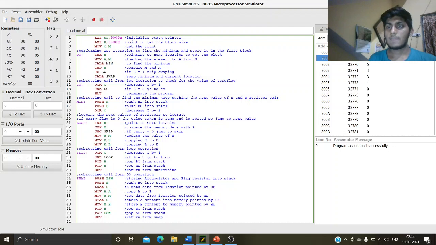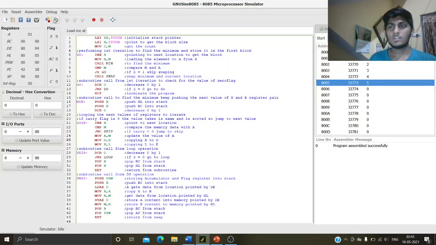I will be storing it in the ascending order, and then it will automatically sort it into descending order. So I can store 1 in 8001, 2 in 8002, 3 in 8003, 4 in 8004, 5 in 8005. These are my 5 numbers which I have stored in the memory addresses.